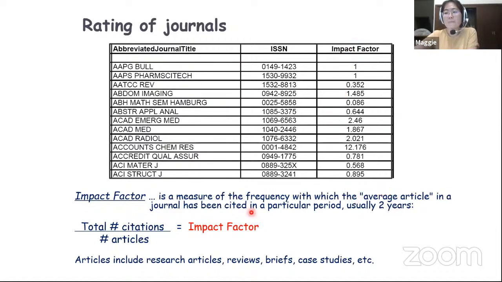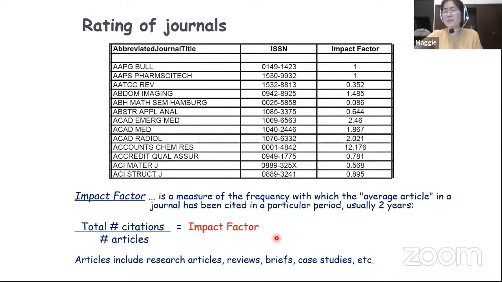The impact factor is used for ranking the journals. It is a measure of the frequency with which the average article in a journal has been cited in a particular period, usually 2 years. How do we calculate it? Usually the total citations divided by the total number of articles. So within 2 years, if a journal publishes 100 articles and gets 50 citations, then 50 divided by 100,